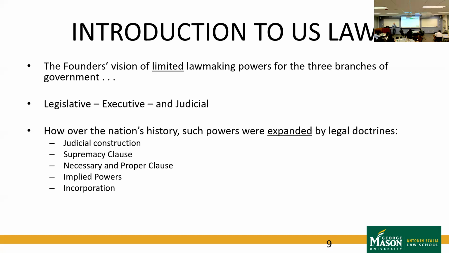Of course, back at the establishment of the Constitution, there were only 13 of them. Today we've got 50, plus territories. But the founders' original vision of lawmaking powers for the 3 branches of government, because that's where all law comes from. This is not a political science class, so we're not going to delve too much into the structure of government, but the structure of government is necessary to be included in the conversation, because that's where all laws come from. And at the federal level and at most state levels, legislative, executive, and judicial,